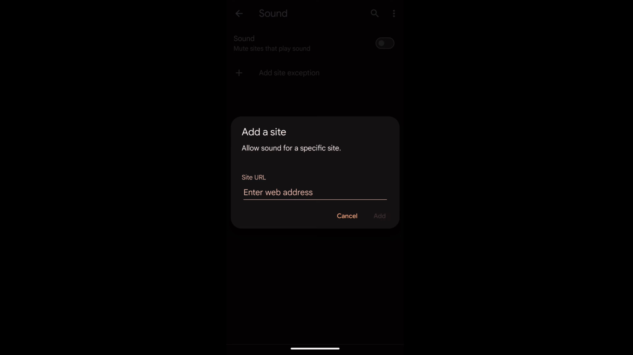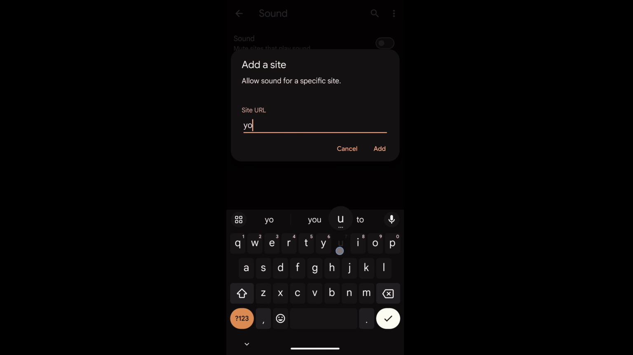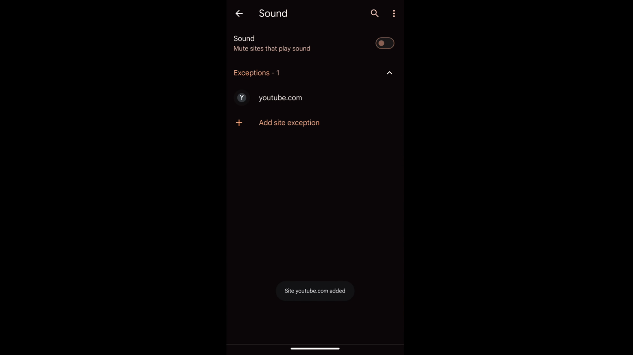Suppose you want to mute all sites but you want to allow YouTube to play the sound. Then you can just enter youtube.com here and then add, and it will be added to the exception list where only YouTube will be allowed to play the sound and all other sites will be blocked. So in this way you can manage the sound